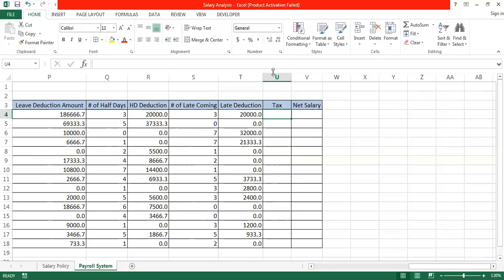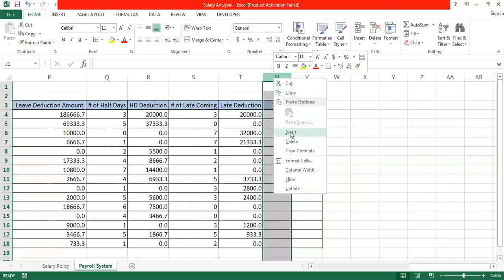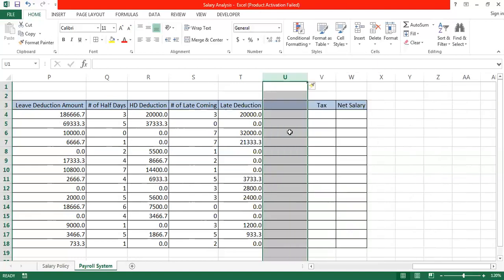So I'm trying to make it simple for you. So I'm adding one more column. We can perform many columns' calculation in a single column, or many cells' calculation in a single cell, but over here I am trying to make it simple, so first I'm going to calculate the gross salary, and on the gross salary, all these late comings, each and everything,